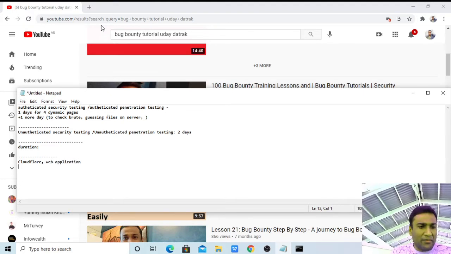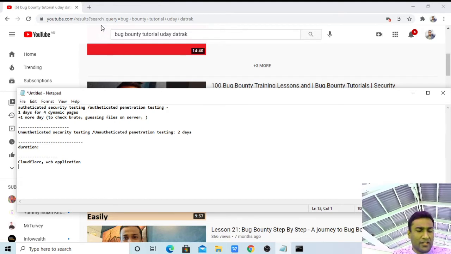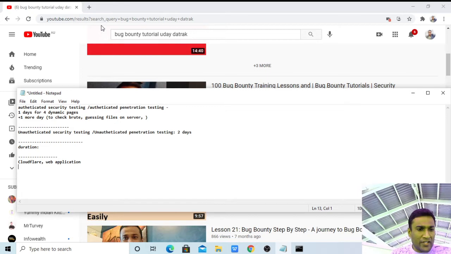Let's say an application is vulnerable to cross-site scripting, SQL injection, local file inclusion, right? So you know what payloads can be sent to identify the security issues.